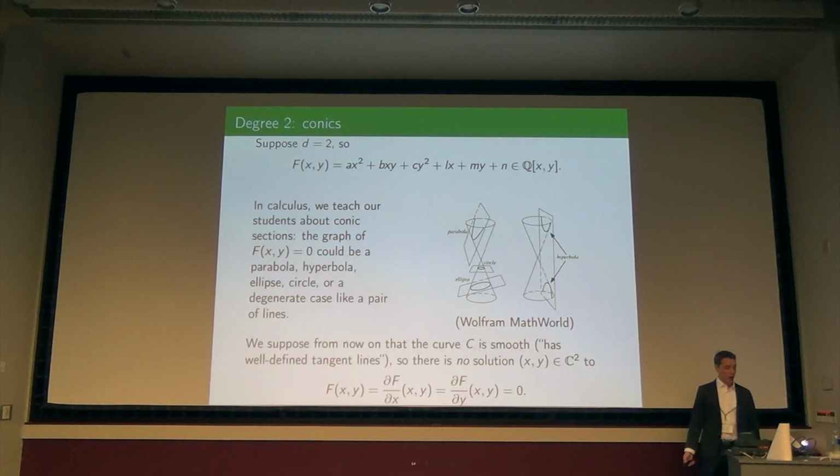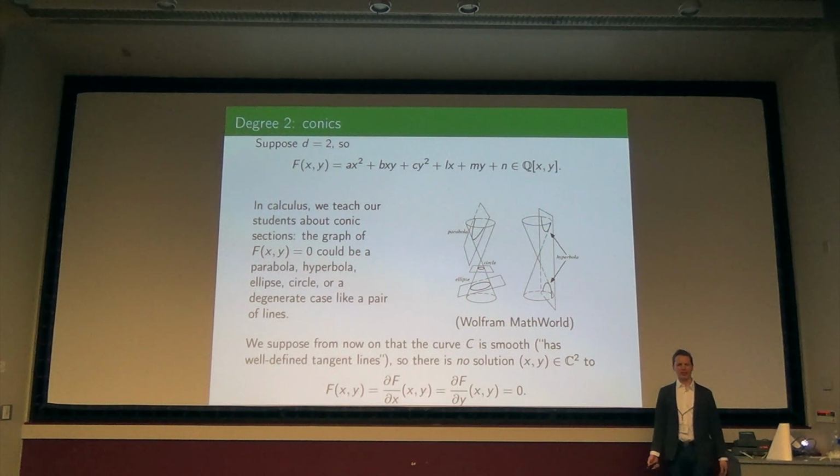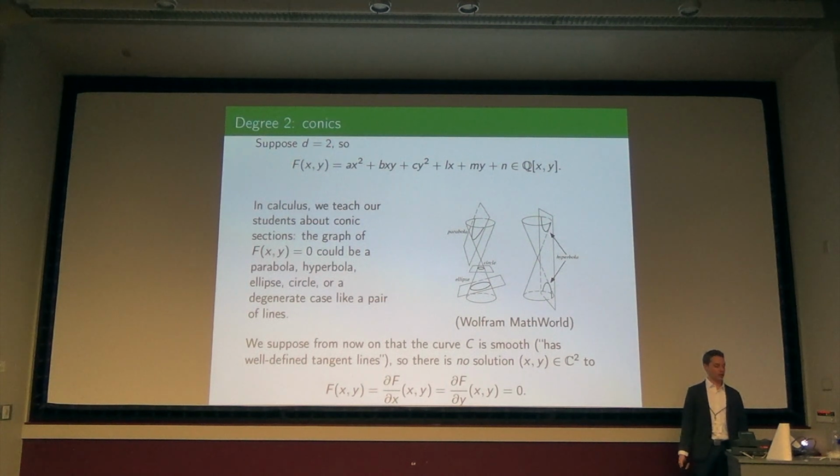Now, in order to avoid the case of 2 lines, which, after all, we just dealt with, right? If there's two lines, you just parameterize them separately. At the origin, that curve doesn't have a well-defined tangent line, and in order to impose some regularity, like by induction or to avoid degeneracies, we impose this condition that we require the curve C is smooth.